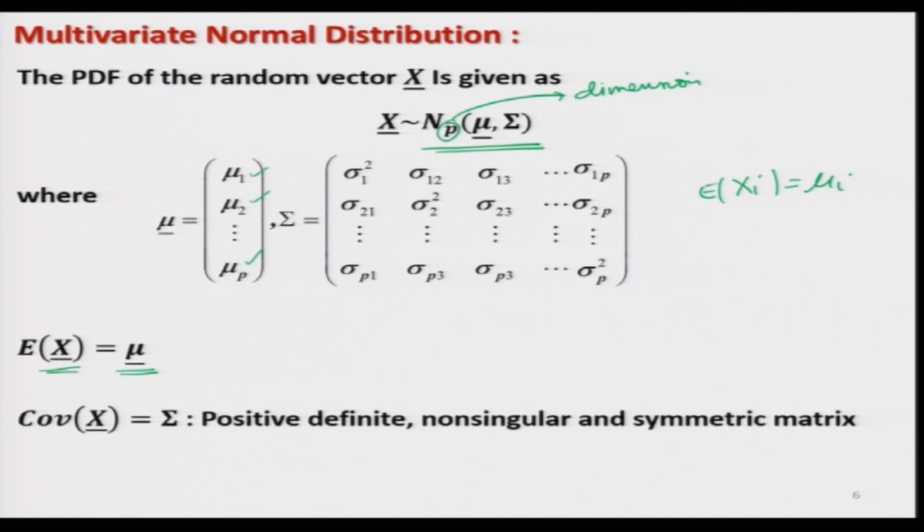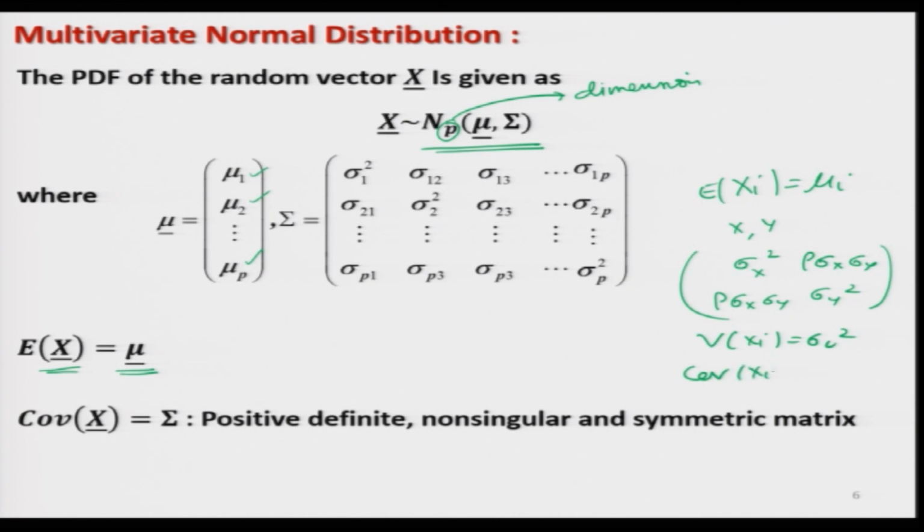And similarly, when you consider x and y, you can write down their covariance matrix: sigma x square, sigma y square, and the covariance will be rho times sigma x sigma y. So, they will occur on the off-diagonal elements, and the variances will occur in the diagonal elements. Similarly, you can extend it. In case I assume that the variance of xi is sigma i square